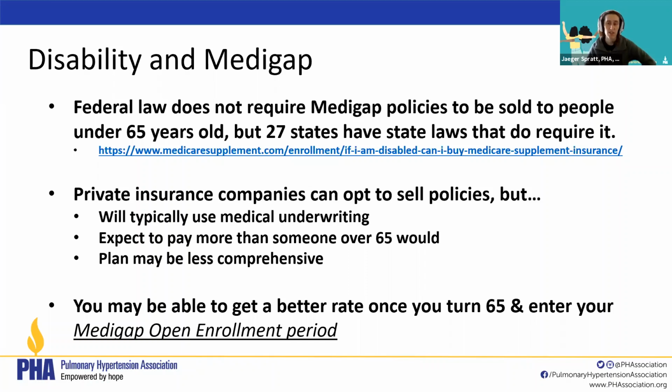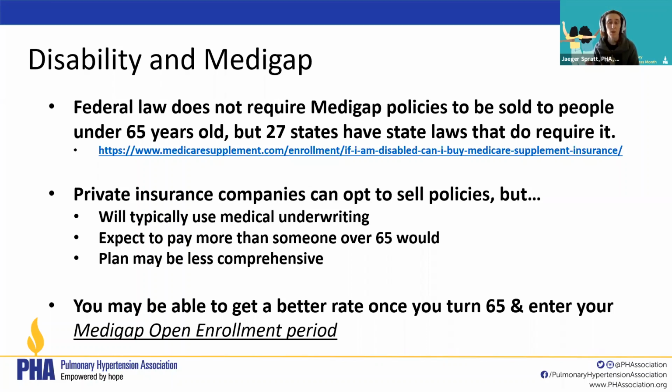So just as a reminder, the Medigap open enrollment period does only happen once, and it is the 6 months after you have both turned 65 and enrolled in Medicare Part B. So this is the one time that you are absolutely guaranteed not to be subject to medical underwriting. There are a couple of other times where you might have an exception, but those are more circumstantial, like if you've lost coverage, then you might be able to get it back without underwriting. But in terms of getting Medigap policies without dealing with that underwriting requirement, it's when you turn 65 and have enrolled in Part B.